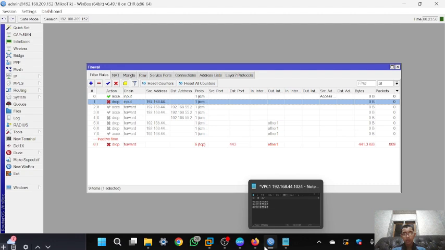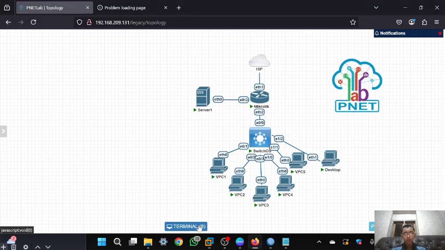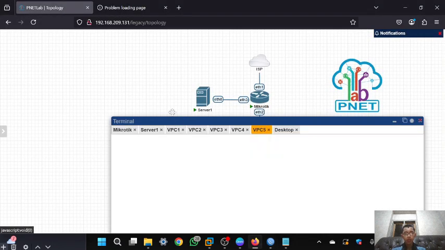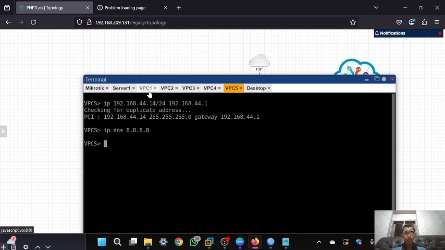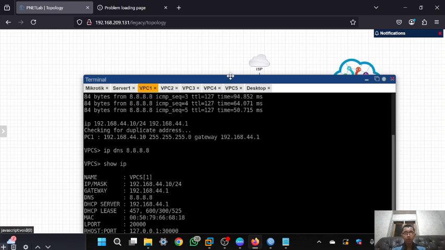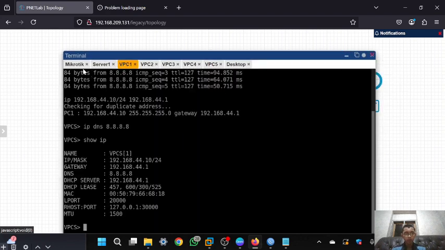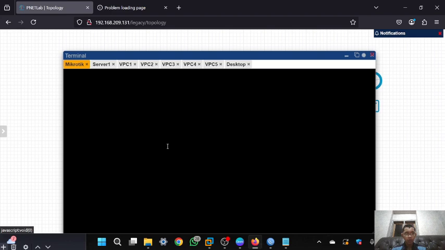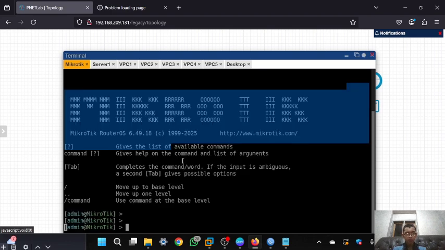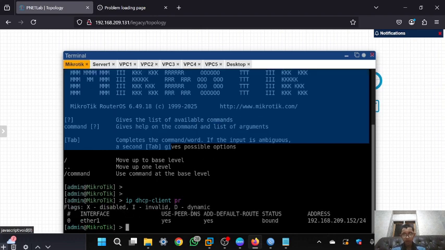Okay. Now you can try to ping the router from PC1 until PC5. In this case, the IP of my MikroTik is 209.152.